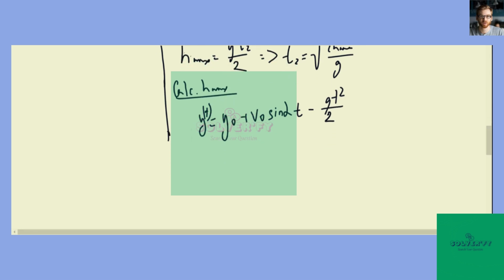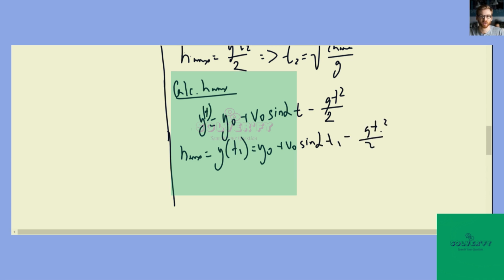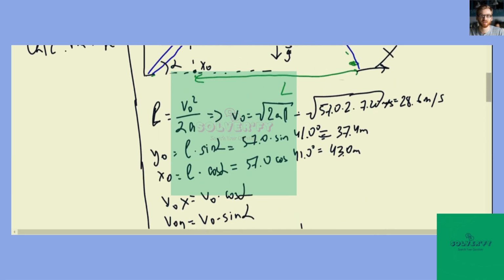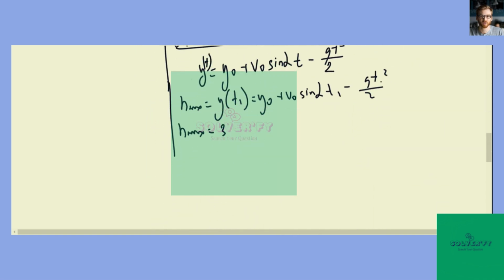So then h maximum equals y at the moment t1, which is y0 plus v0 sine alpha t1 minus g t1 squared over 2. y0 is here, it's 37.4 meters